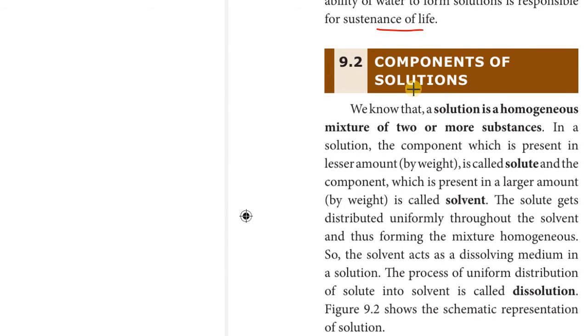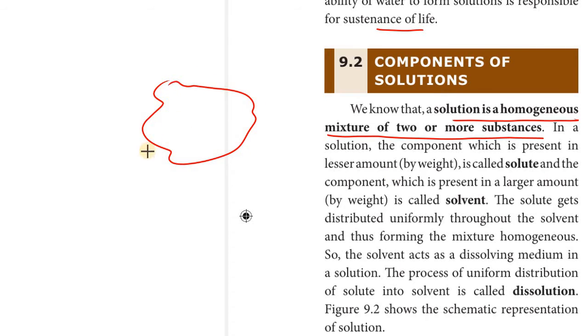Okay, so now let us talk about the components of a solution. So we just learned that a solution is a homogeneous mixture of two or more substances. Now, if there are two or more substances, there will be a scenario when one of the substances is in large amount and another is in small amount. So you see, in a solution the component which is present in lesser amount, and when I say lesser amount, it's not by volume, this is by weight,